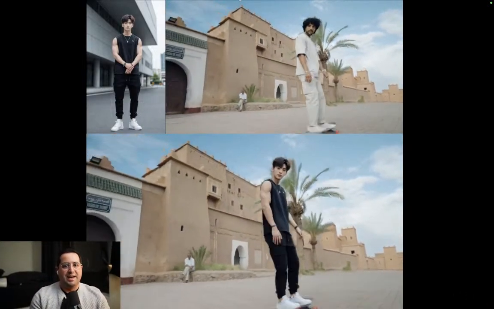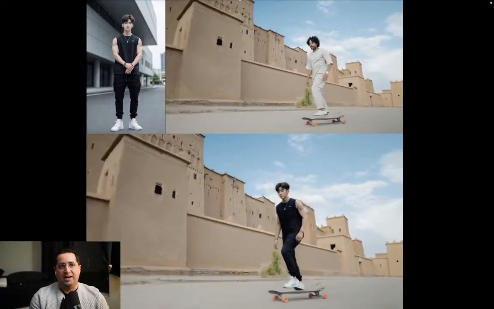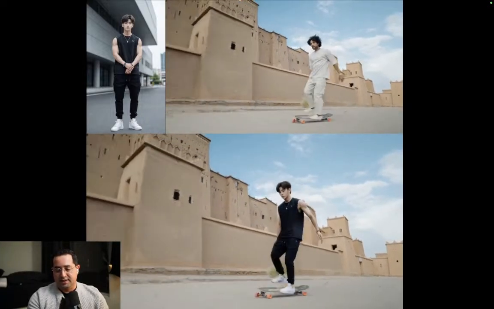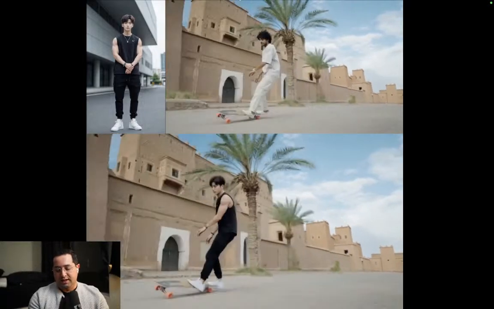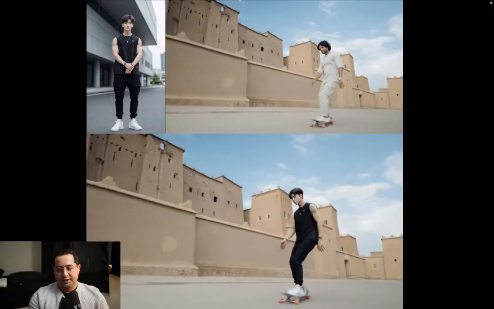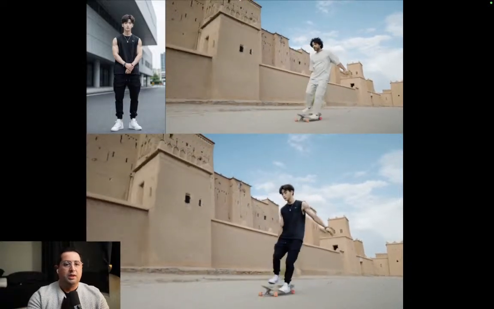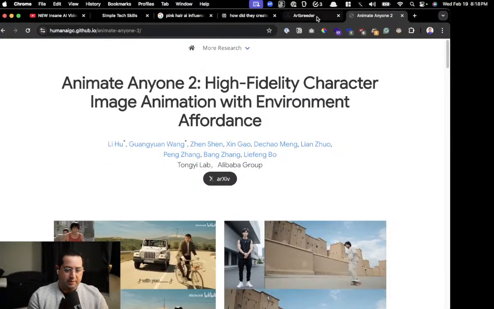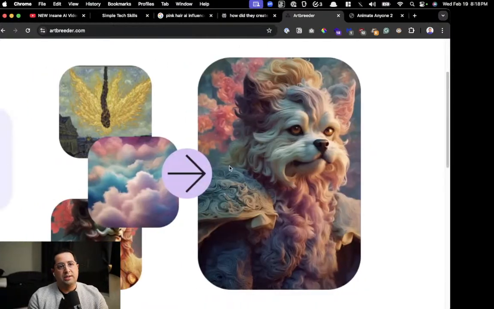I Kill Gummy Bears says, damn me scary. Yeah, this stuff is like, man, even for me, trying to keep up with all this, I've been watching it evolve on a week by week basis, and it's crazy how much is changing. Cool. So isn't that wild? So that's Animate Anyone. Midjourney does this now too. Midjourney allows you to take a character, a scene, and an activity, and it will combine them to render a new one. Yeah, that's a thing now.